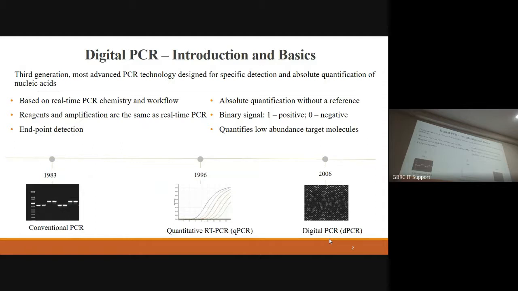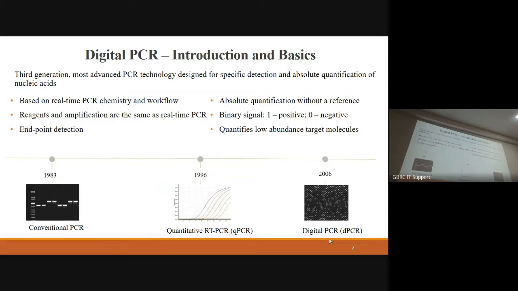But what is different? Suppose we have a Qiagen system, they are manufacturing some proprietary master mix that will work with this instrument. But the basic chemistry will remain the same as compared to the real-time PCR. And as Dr. Ramesh mentioned, this is absolute quantification. So here, if you want to quantify anything, you will not require any standard, dilution or standard curves. So why is this called digital PCR?